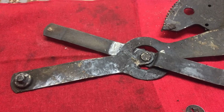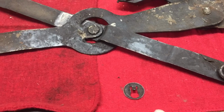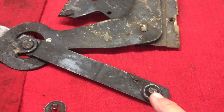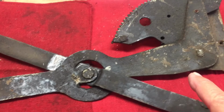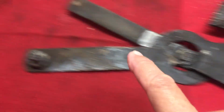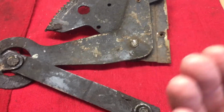Hi everyone, today I'm going to be showing you a very simple process by which you can remove a retainer clip from the window regulator arm. There's two pins on this window regulator, which is from a Scout 80, and there should be two clips to this. And the purpose of the clip is to hold the arms in a groove on the window